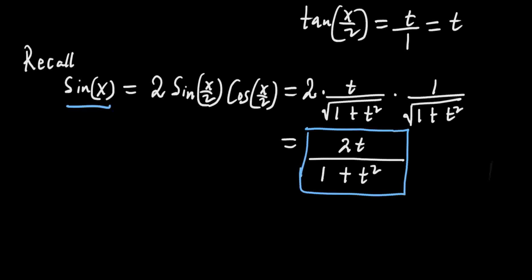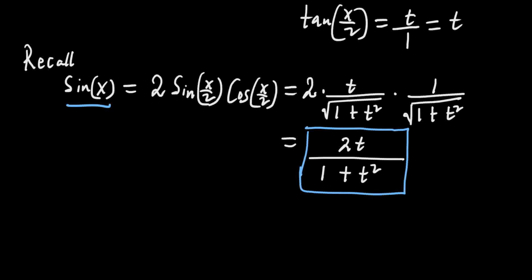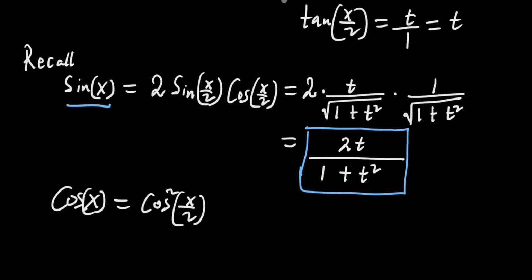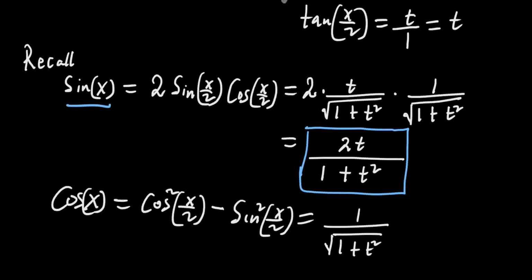Let's also establish that of cos x. Cos x is equal to cos squared x over 2 minus sine squared x over 2. And this will be equal to 1 over root 1 plus t squared